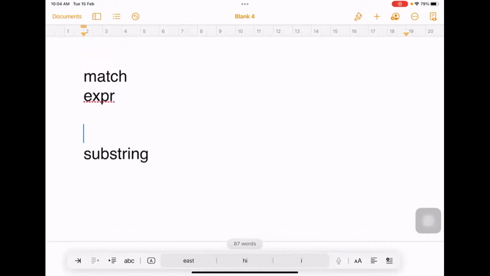I'll give you the example, it will be easy for you to understand. This match command: Hello world. Put this, and I want to see hell. So I want to find out whether this hell is present inside this or not. So when I run this command,